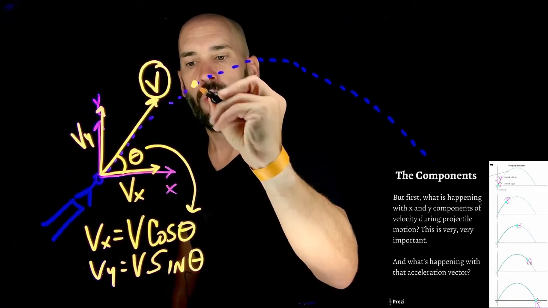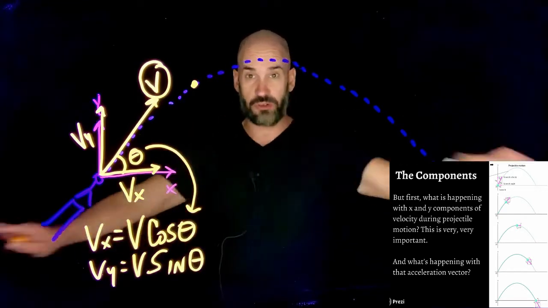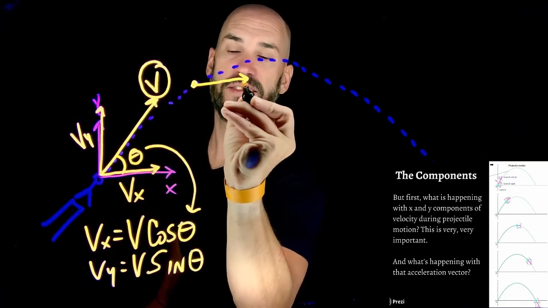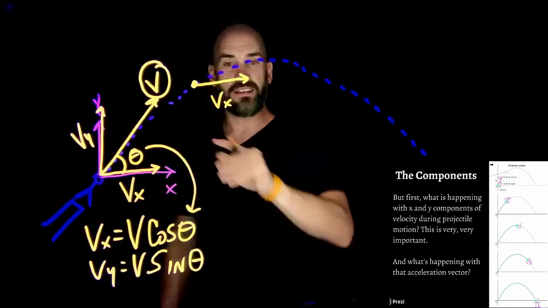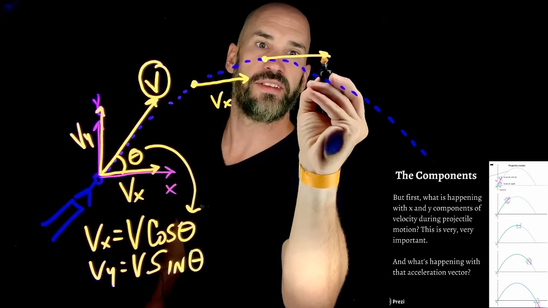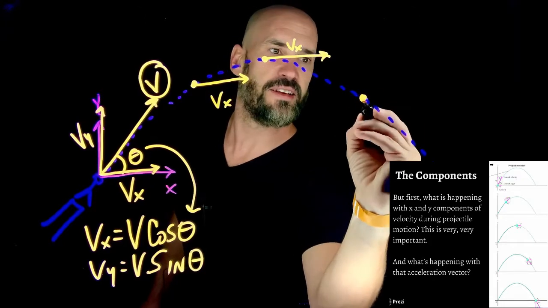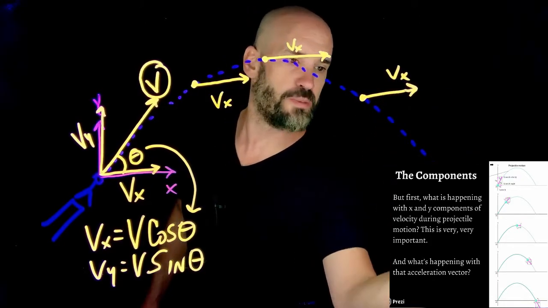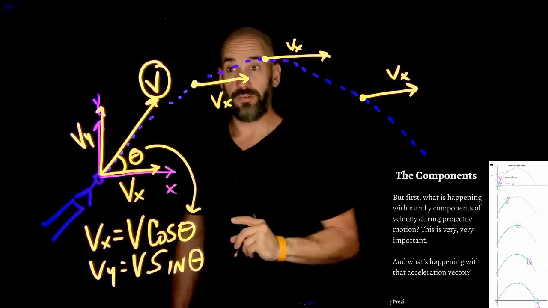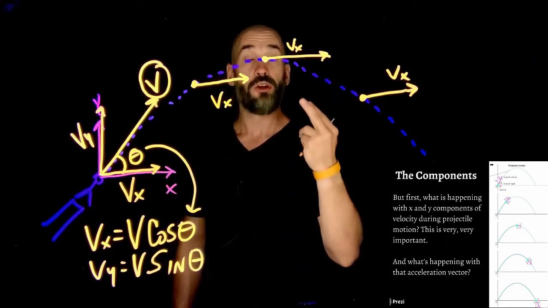So what about when the guy's over here? What's happening? Well, here's the thing. Vx never changes because there's no acceleration in the x direction, so velocity shouldn't change. Our Vx stays the same throughout this entire journey. In fact, even up here, Vx is still the same. They're not perfectly the same length, but I'm trying to make them the same length. Here, Vx is still the same, and just before it lands, it's still the same Vx, right? Not true for Vy, okay? For Vy, the velocity is always changing because of